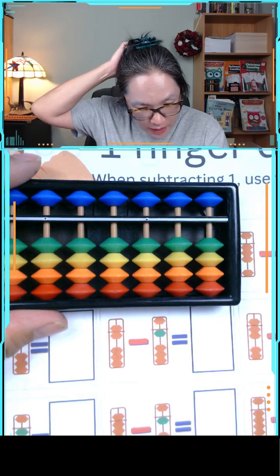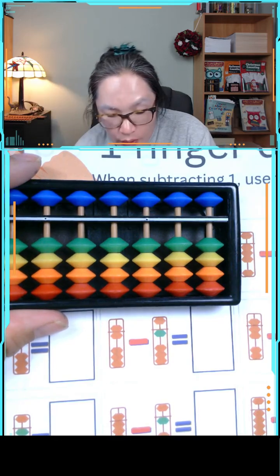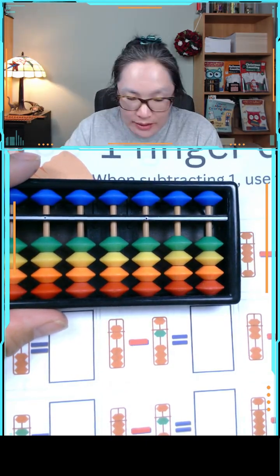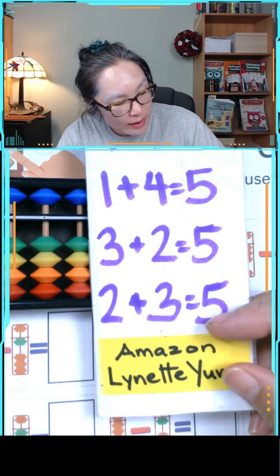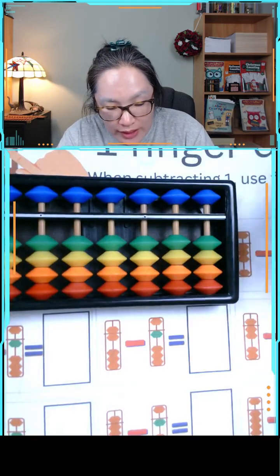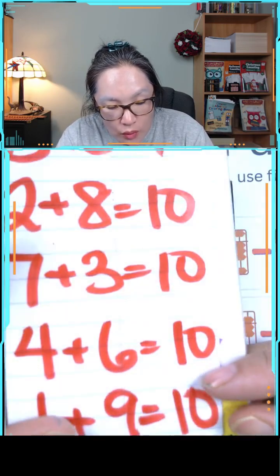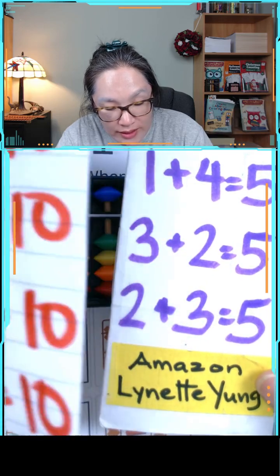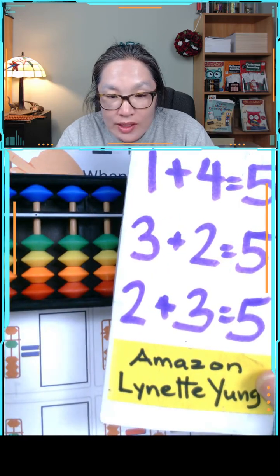We're working with some complementary numbers. That means we're working with numbers that have partners, and how to make a 5 and how to make a 10. That's what we're going to do, and I'll explain that in a little bit. But what we're doing right now is we're learning how to move the beads. So when we're looking at it, this is some of the concepts that the mainstream math is also teaching as well. But in Abacus World, we actually